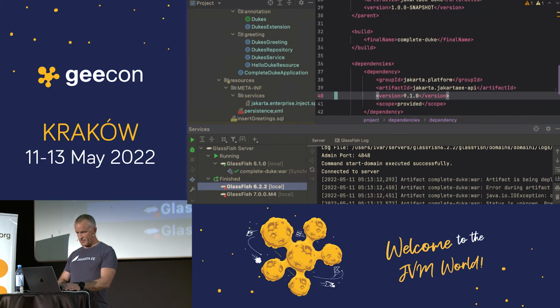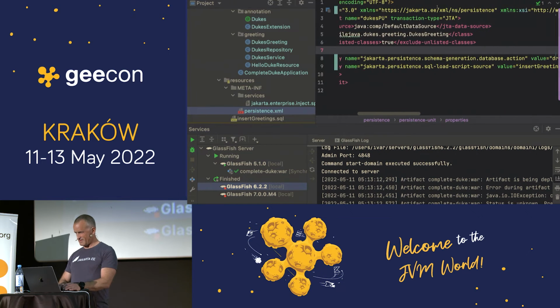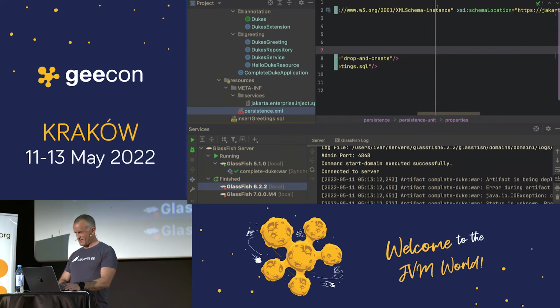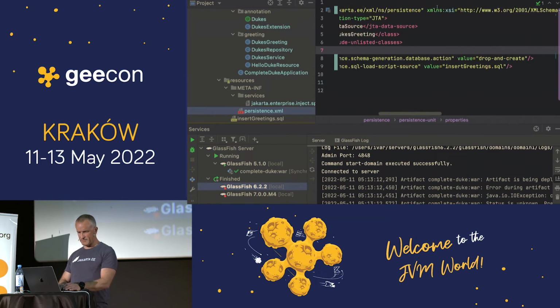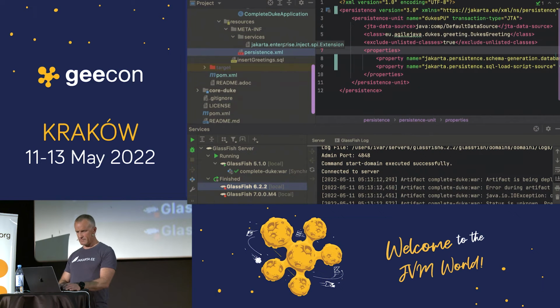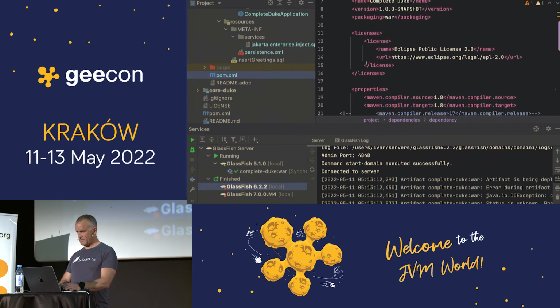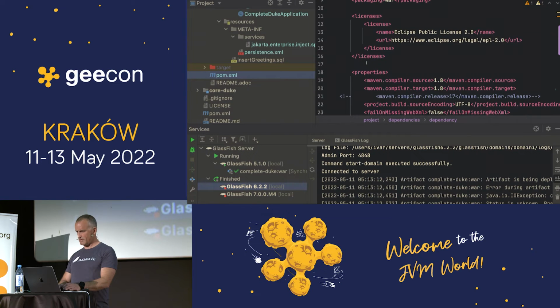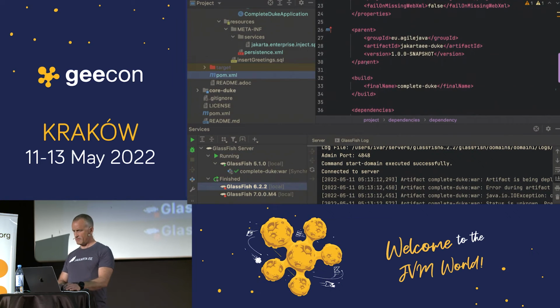Did I do something wrong with the namespaces here? This is the dream of every presentation, to have a bug when you're doing this. It looks okay. Enterprise SPI extension. Looks good. Okay, oh my God.